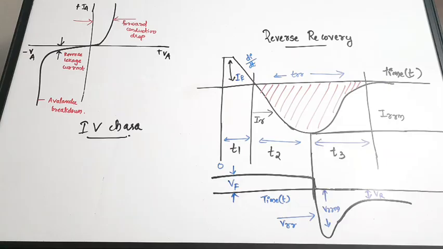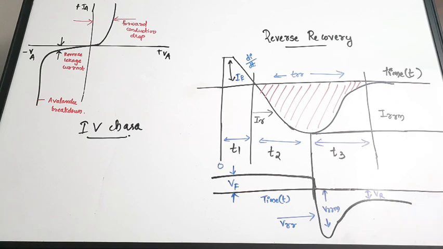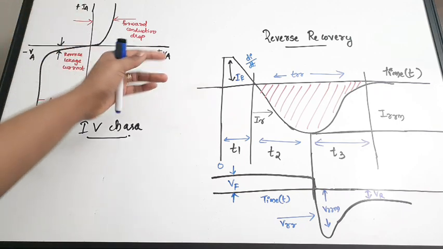So we have to study two curves of a power diode, which are the IV curve and the reverse recovery curve. Okay, so IV curve means we are going to discuss a simple current and voltage representation in the forward conduction and in the reverse conduction. Now, the reverse recovery curve actually includes the leakage current concept and everything. Okay, so first let us see the IV curve. So this is not the VI curve, this is the IV curve, meaning current to voltage curve.